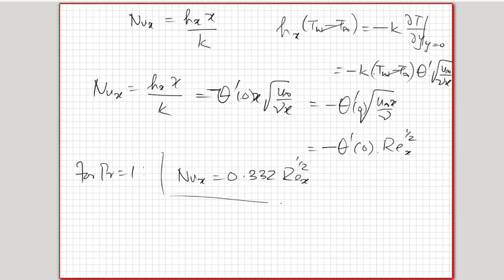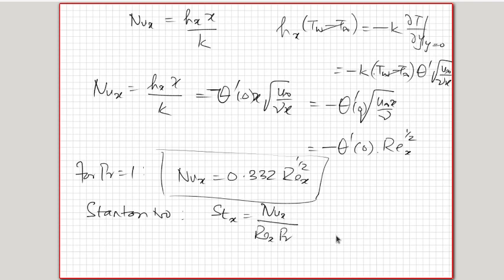Okay, so this is your Reynolds analogy. Or if you write Stanton number, which is defined as St at any x is equal to Nu x divided by Re x into Pr,